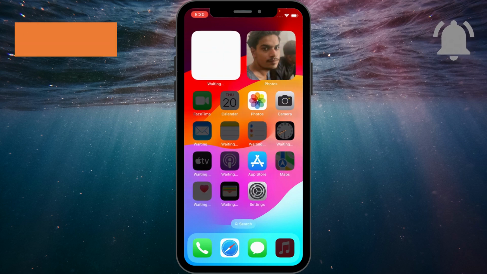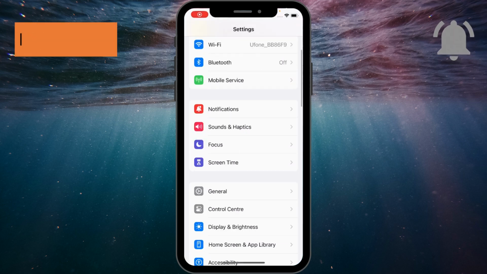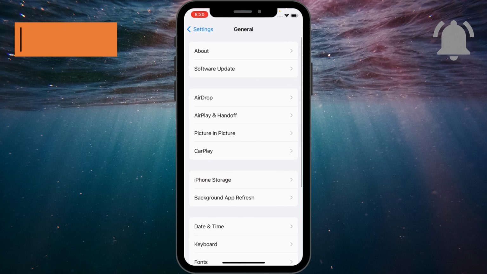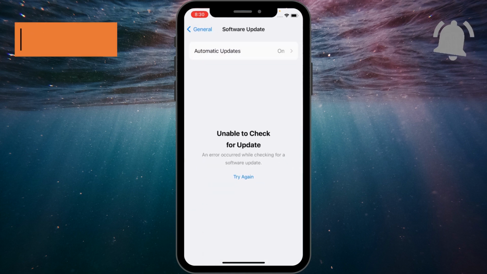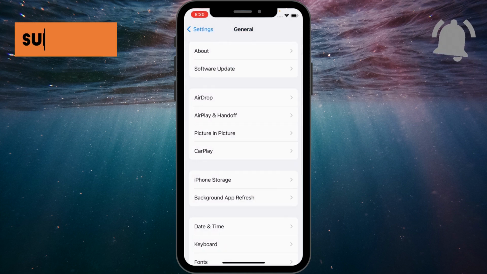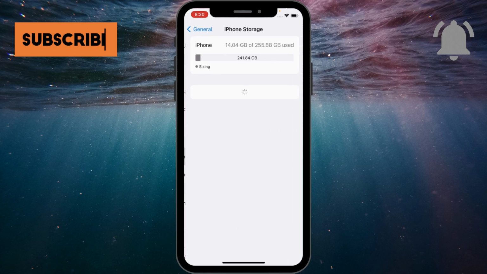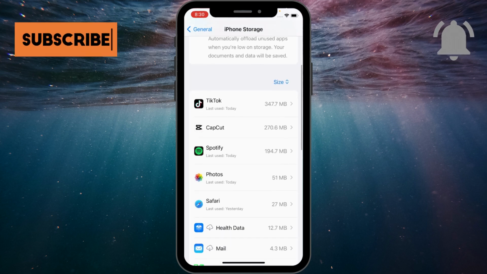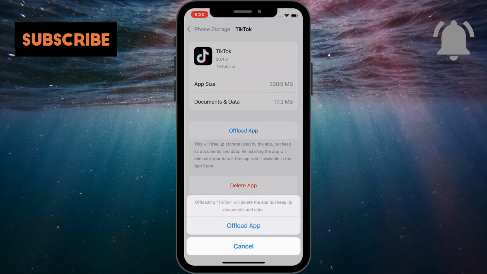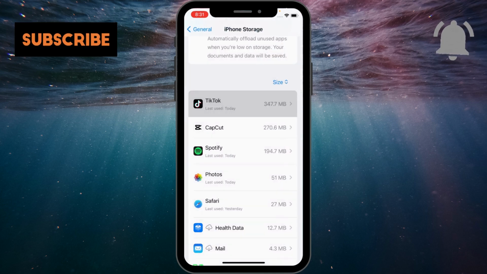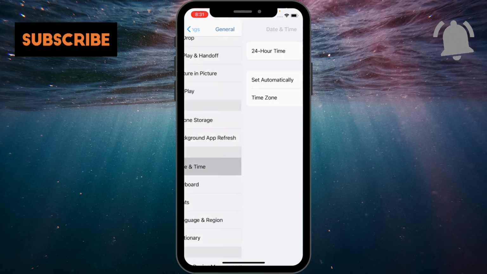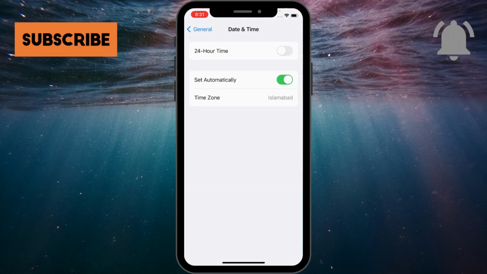If still having this problem, then open your settings again, click on general, click on software update. So make sure that your iPhone or iPad is up to date to latest iOS version. And after doing this, click on iPhone storage and click on TikTok and click on offload and click on offload app. So after doing offload, go back and click on date and time and make sure that your iPhone or iPad